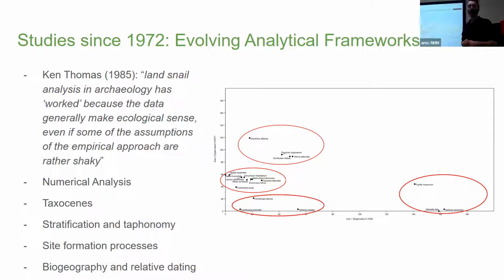And finally, people began to think as well about biogeography and the use of snails for relative dating. I suppose actually this has quite some antiquity because it's something that Michael Kerney was writing about in the 1950s, but we'll be very familiar with the idea that Cornu aspersum, for example, is a Romano-British introduction. So therefore, if we find Cornu aspersum, presumably it is of a Romano-British or later date. That's obviously quite a circular argument.